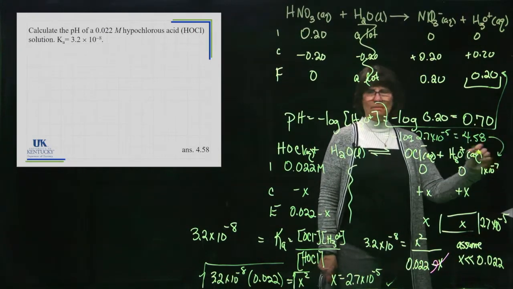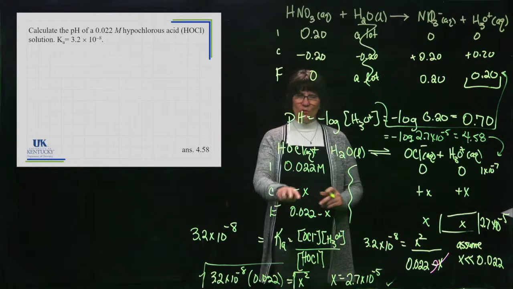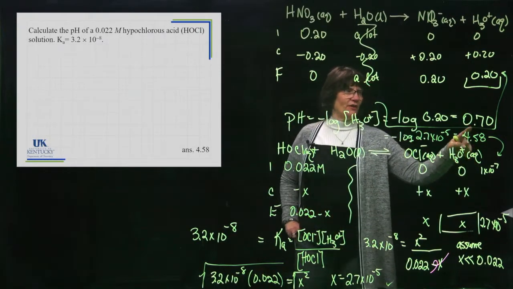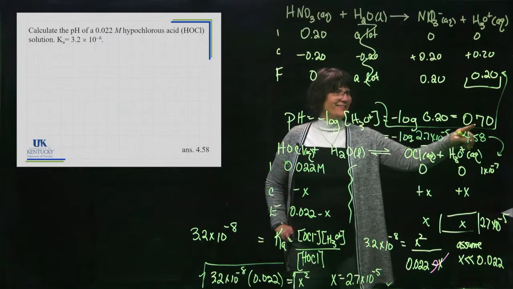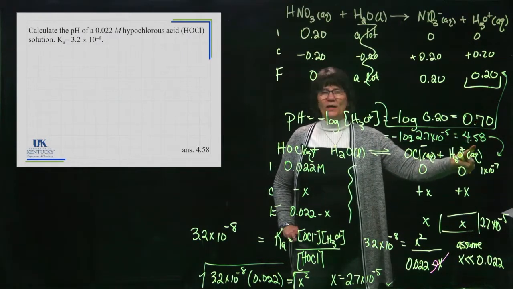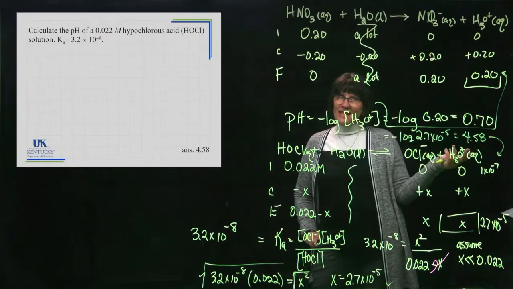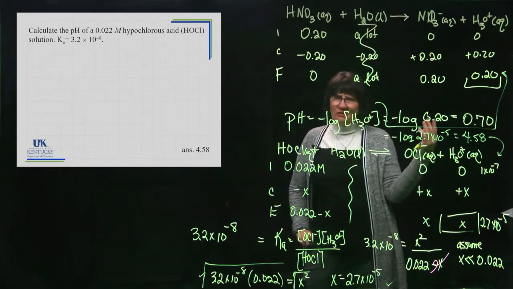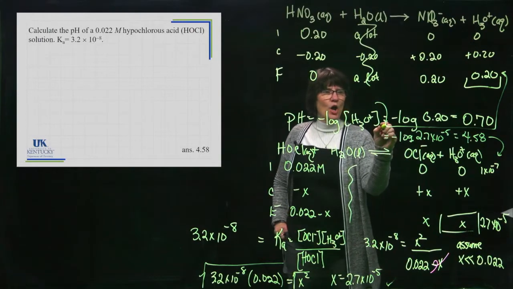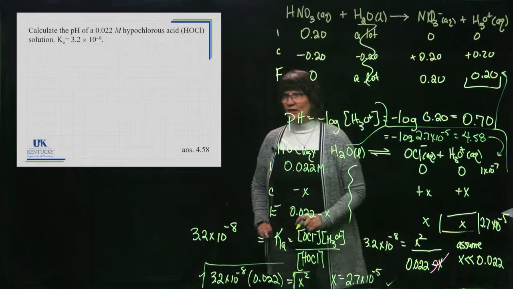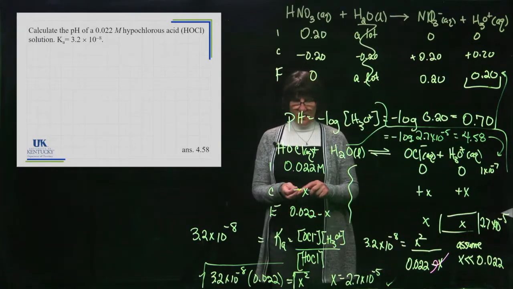All right. Now, this is a weaker acid, but look at how the pH is different. This was a strong acid. Its pH is less than 1. This is a weak acid. Its pH is much greater than 1, but it's still less than 7. So it's an acid. It's not super low, so it kind of triggers in my mind that maybe we are talking about a weak acid here. So it's a legit value for this.